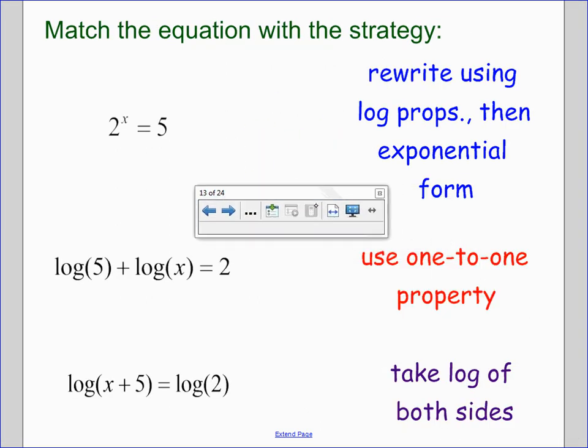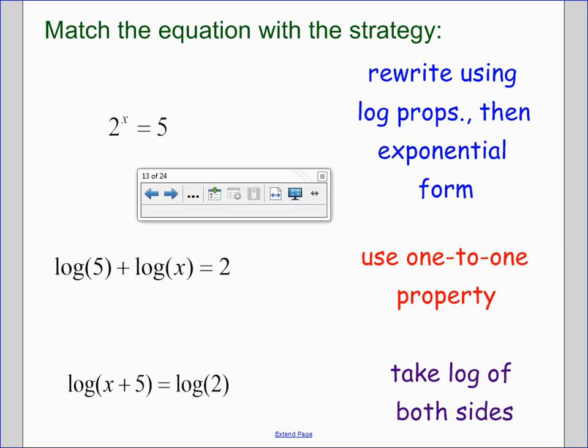And so, as a result of this activity, we should be able to break up our logarithmic and exponential equations into several different types. Firstly, if we have an exponential equation where my output is not a perfect power of my base, then only one of these strategies, either blue, red, or purple, is going to be appropriate. So everybody go ahead and take a look. In order to solve 2 to the x equals 5, only one of these strategies, the blue, rewrite using log props,